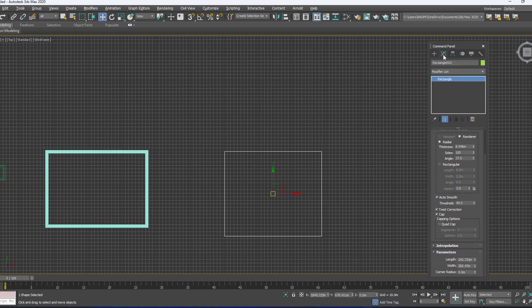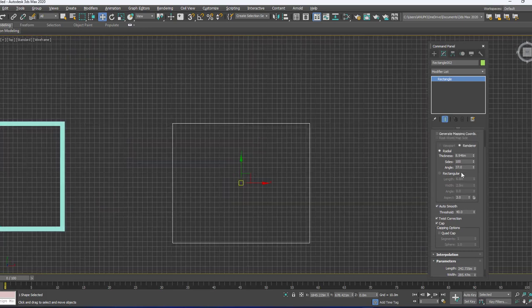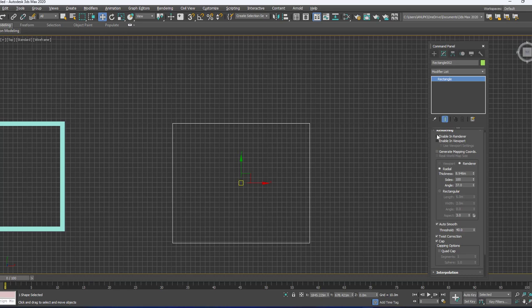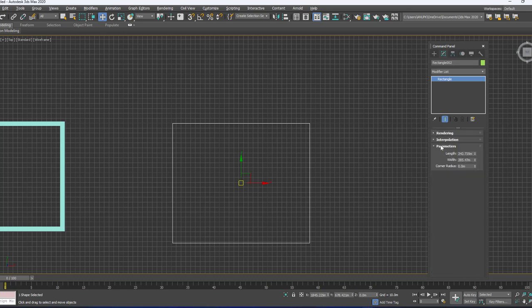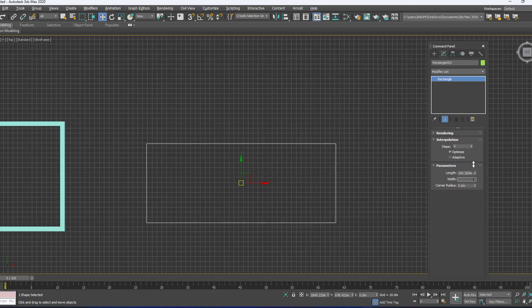And then go to the modification option. You can change the color of the rectangle and then the parameters, just check it. Enable in render, we already learnt it. Interpolation: in order to get the smoothness, you just increase the interpolation. Then next you can change the length and then width.